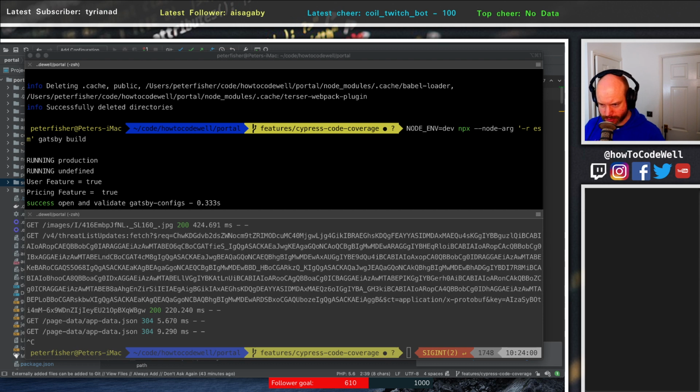Right, .env. Let's do that. Cat of .env. Okay, so I think it's reading that one, unless it's